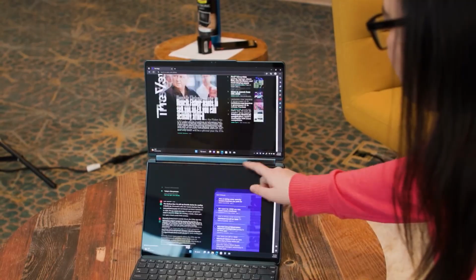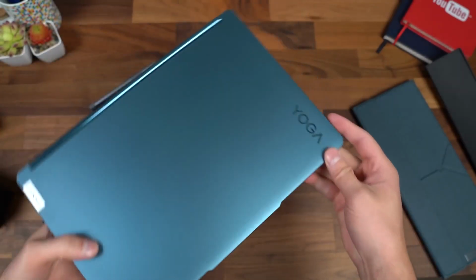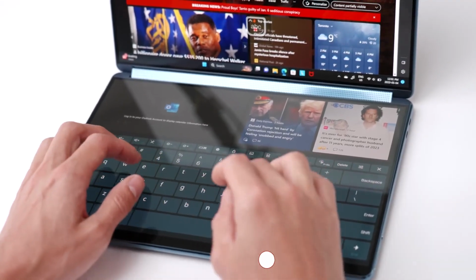Lenovo unveiled the groundbreaking Yoga Book 9i, the world's first dual-screen OLED laptop. Say goodbye to the integrated keyboard and hello to two stunning touchscreens connected by a clever hinge. If you're eager to dive into all the details and discover what makes this laptop truly exceptional, make sure to